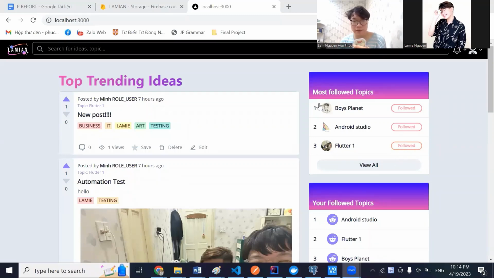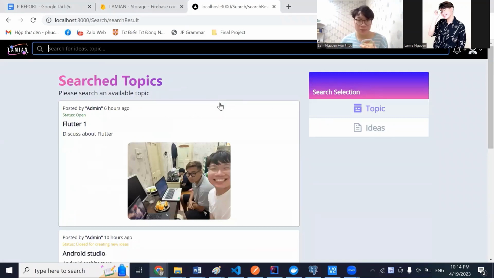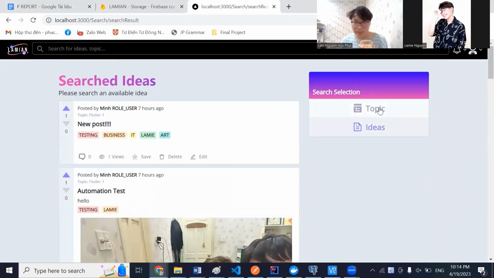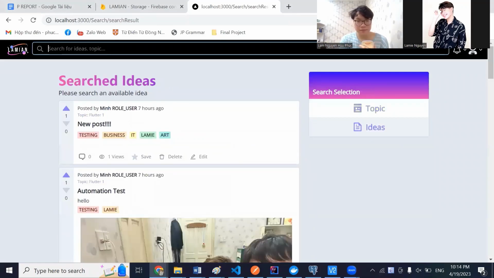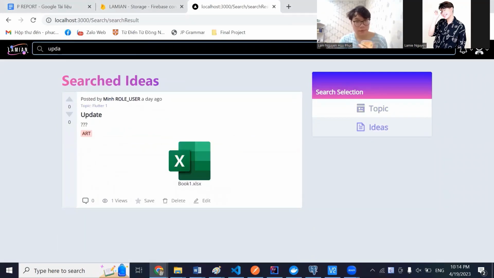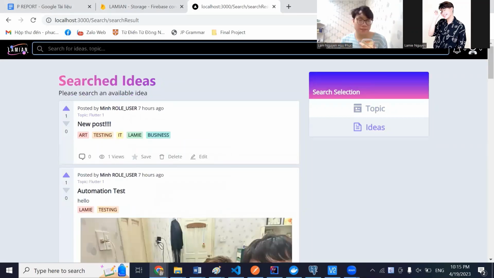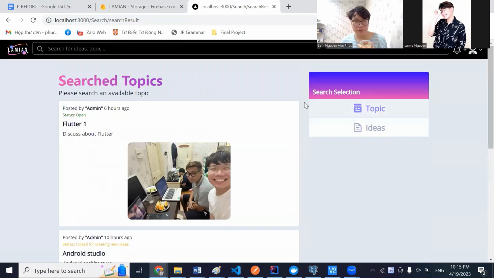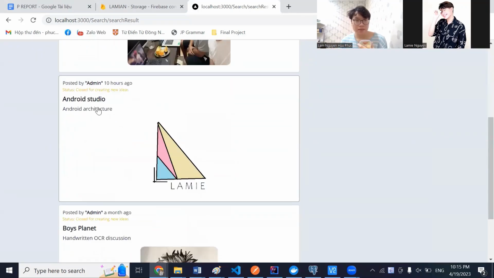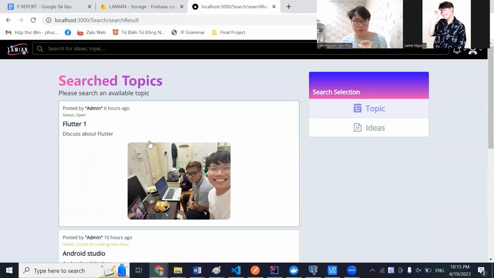All right, we have gone through the home page, and let's go through the search page. As you guys can see here, you can search for ideas or topics. And when you erase the search, it will come back to all ideas. Or you can also search for topics like Flutter, Android, and it's also shown here with the